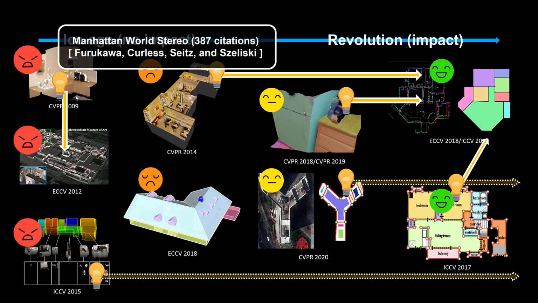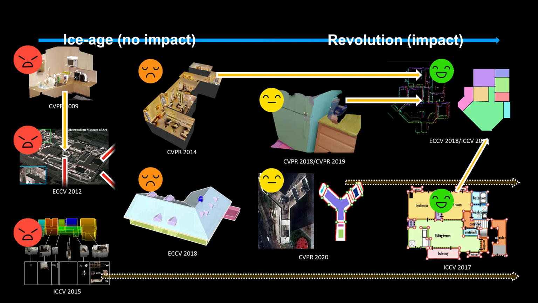So this idea could be a junk in that definition, as it didn't end up leading to impact. However, this paper, the original idea, was from the Manhattan World Stereo paper. Fairly decent citations, nearly 400. So this idea should not be a bad thing, given that we really care about citations. And in fact, this idea was not junk or garbage, because maybe it is junk, but it actually has impact eventually,